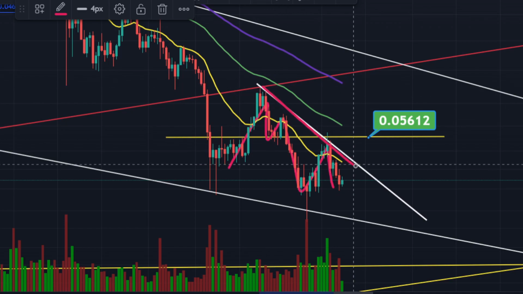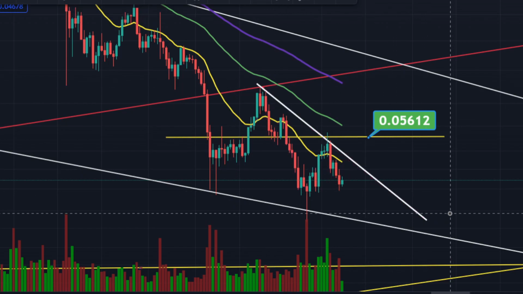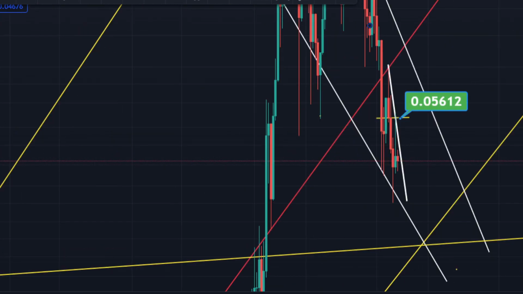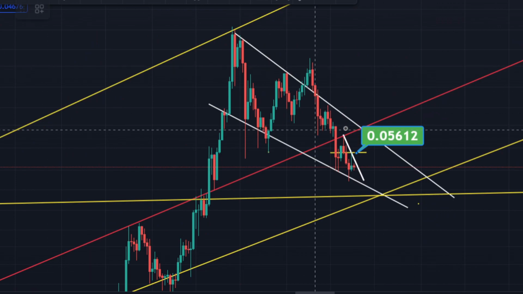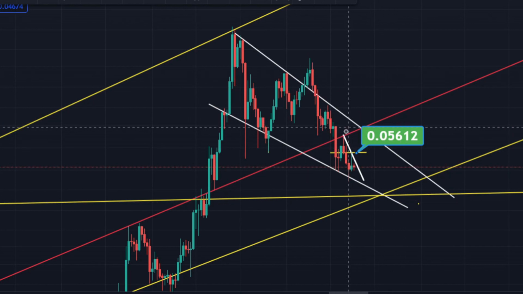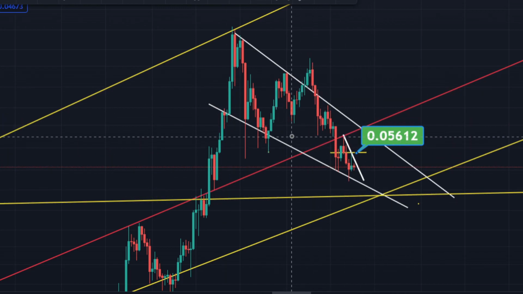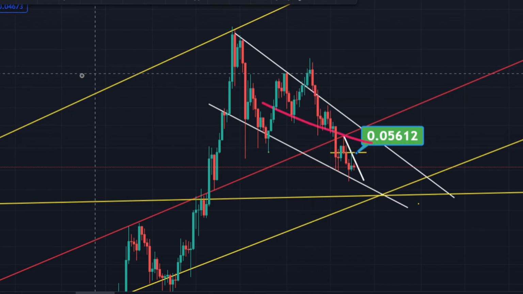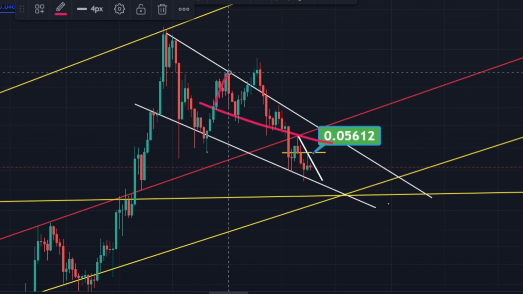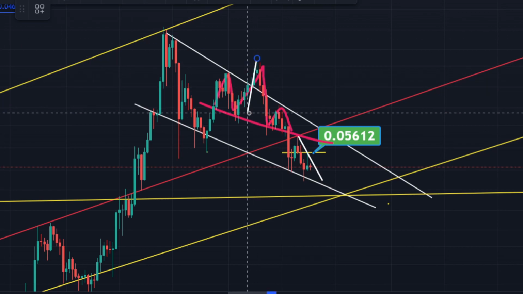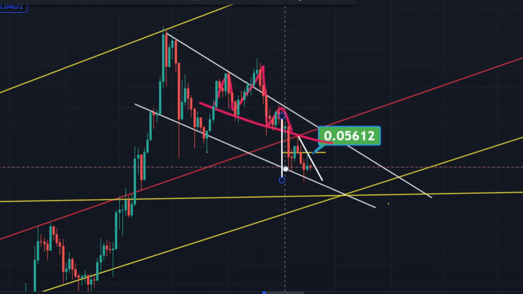So that's where you get this resistance line. But again, nothing to worry about, because I already knew in some case that we were going to just play in this channel, and it is doing that. It is playing in this channel because we had this crazy bearish head and shoulders pattern. You can see it a little bit better in the daily time frame. As soon as we made this pattern, we broke towards the downside, and the target level is this,